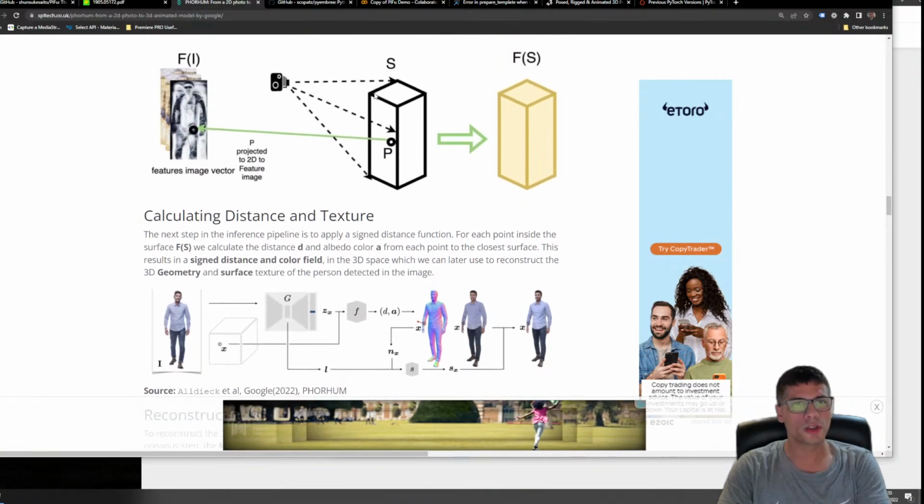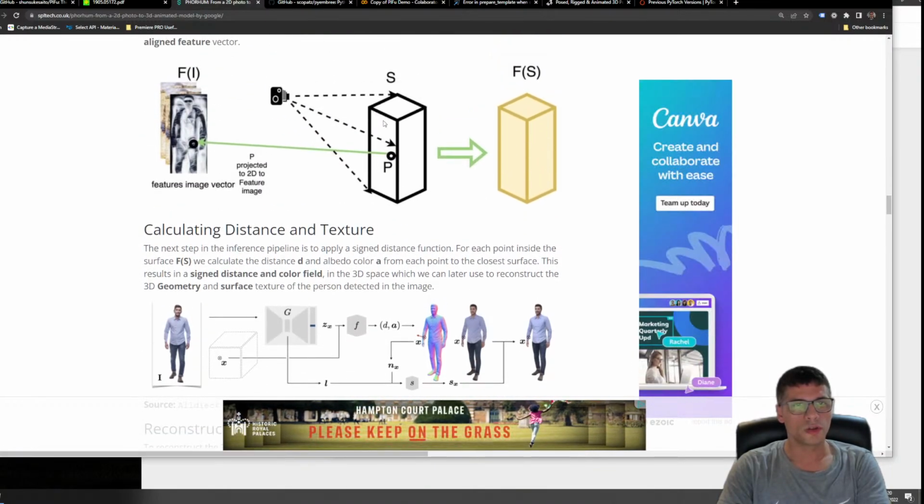So for each point, in Google Forum, not only do they know whether it's in or outside the surface, which is basically the person, but it also calculates the distance of that point to the nearest point in the surface. Okay, and then they apply that to the